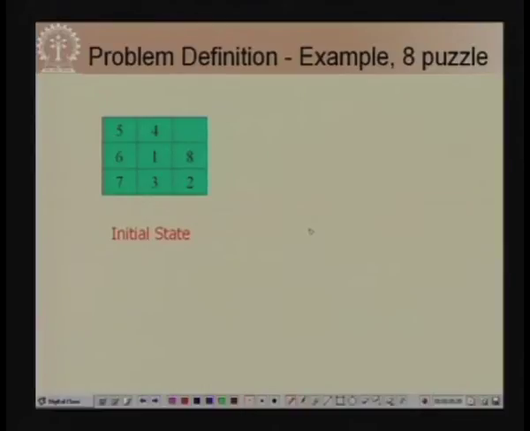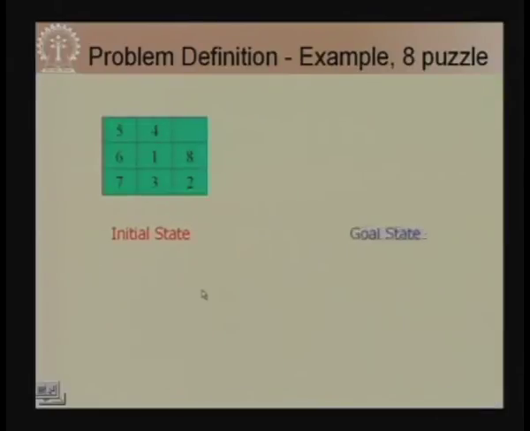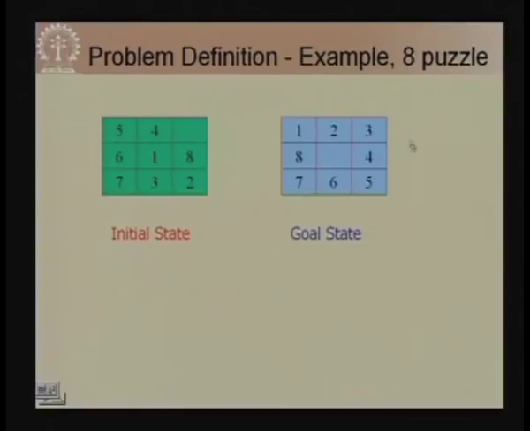And the objective of this 8 puzzle problem is to reach the goal state. So the goal state is another configuration of this system. There could be various different configurations that we decide for the goal state. Given a particular goal state configuration, the objective of the puzzle is to start from the initial state and slide the blocks around so that the agent reaches the goal state.